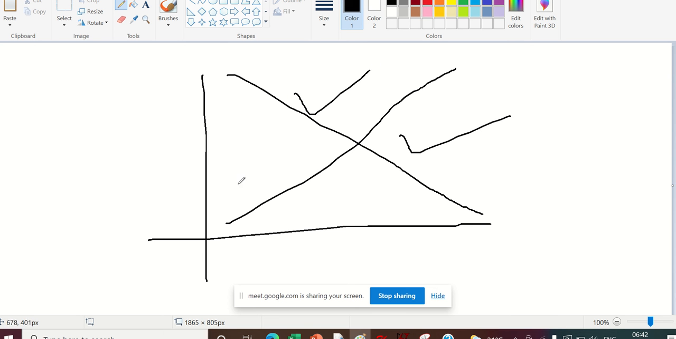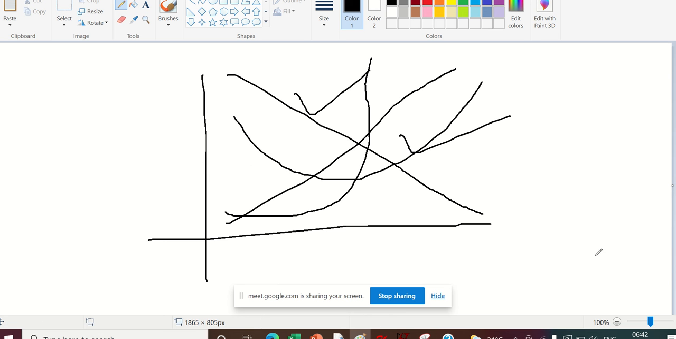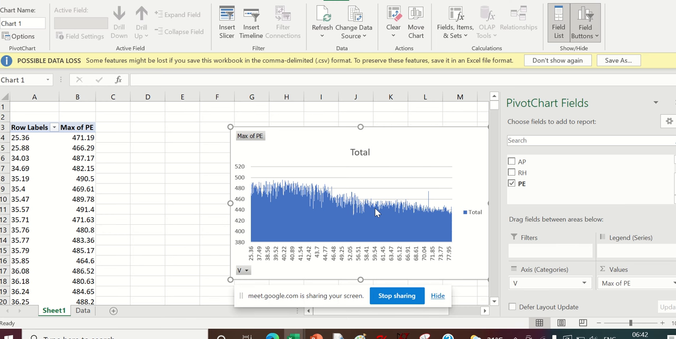It should not be like this, or it should not be like this. So that is not linear. If these two lines are linear, this is linear and this is also linear. Now this is also somewhat linear, it is following nicely. Next we'll see